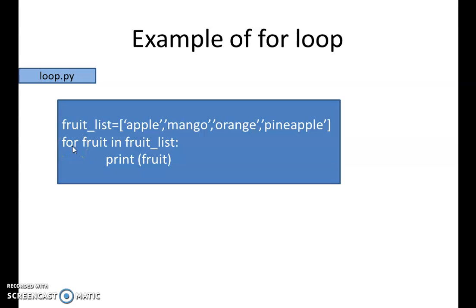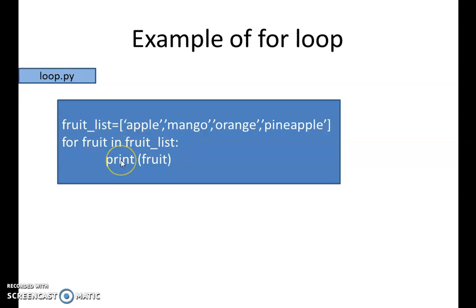Here we have written for keyword, then one valid variable name, then in keyword, and then the sequence that we want to iterate. Here we want to iterate items of this fruit list. So here we have written fruit list, then colon,